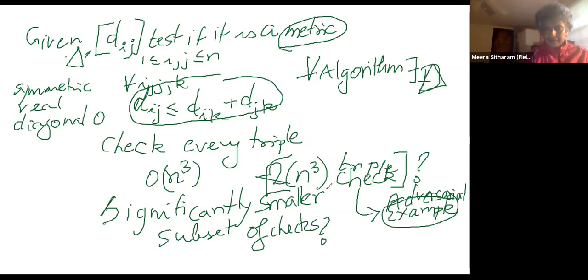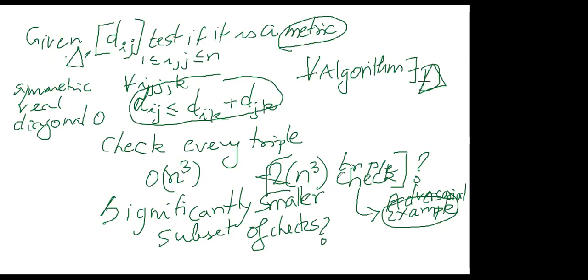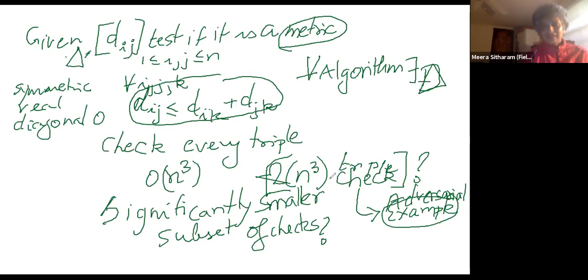Okay. So any ideas as to how you would show such a thing, that you'd require all the triples to check all the triples? I have a vague idea. Okay. Could you just construct some point that satisfies every single one of these inequalities except one of them? Ah, good. Okay. So what we're going to do is,